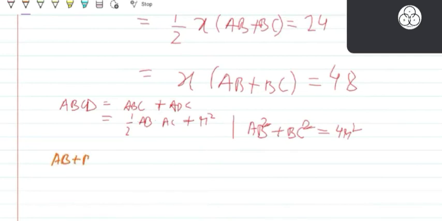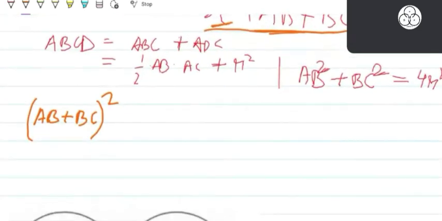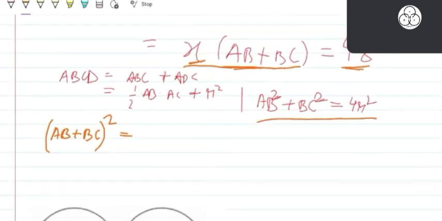Why are we writing AB plus BC whole square? Anyone? Just look at this relation. We have a relation between AB plus BC and x. We need to find the value of x, so we can easily find the value of AB plus BC whole square. This will be AB square plus BC square, that is 4r square,